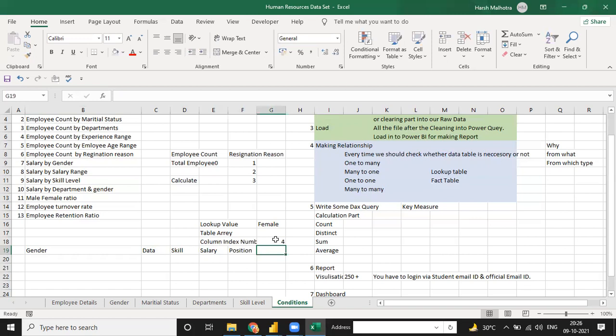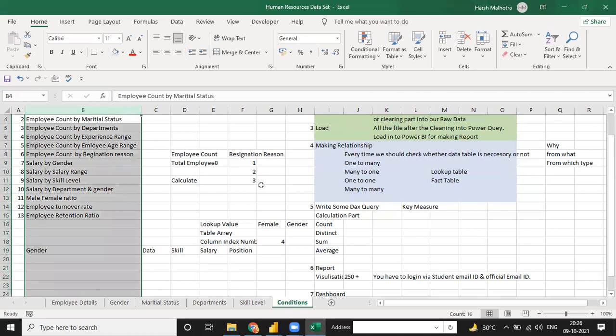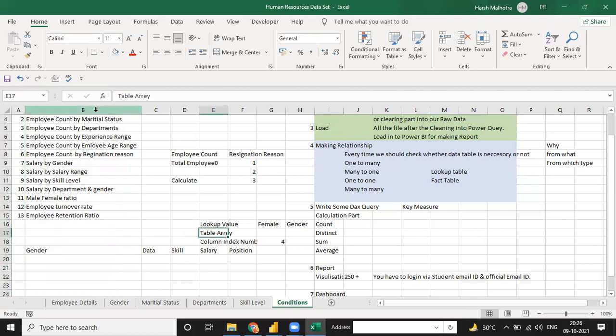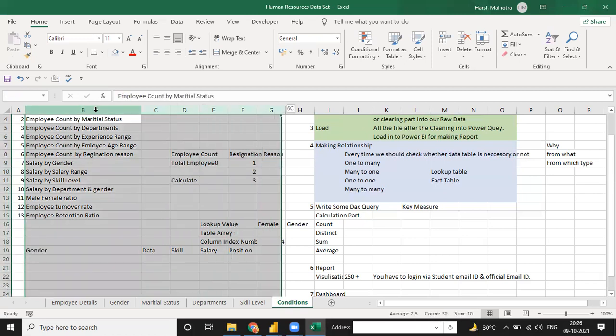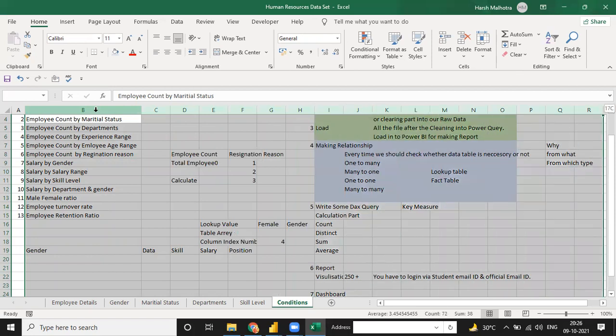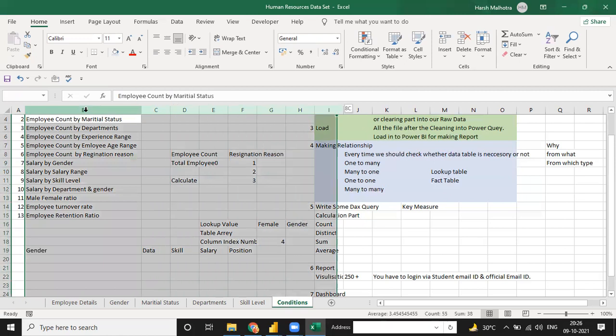But in Power BI, guys, lookup value is a column value, not female. Lookup value is a gender value. Gender means the complete column, this column. And table array means the complete table, starting with any column to end with any column.